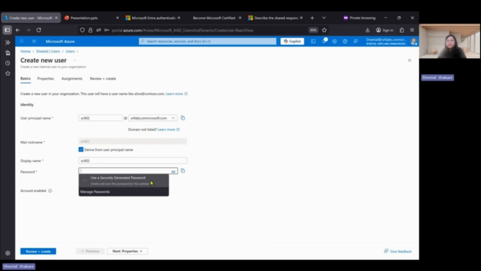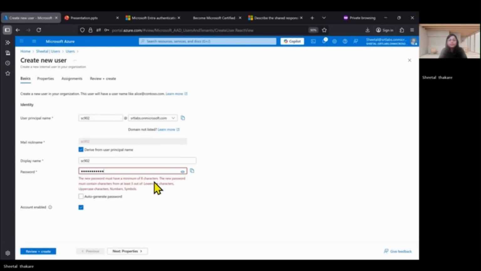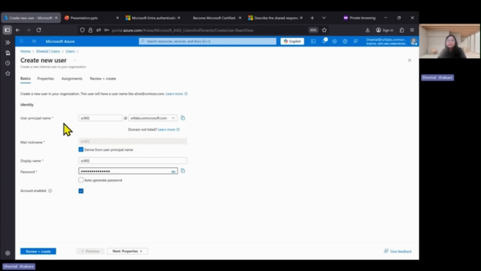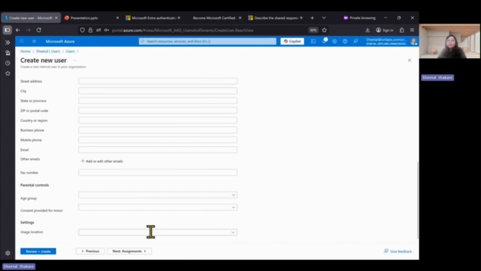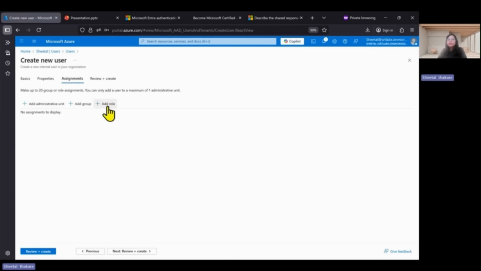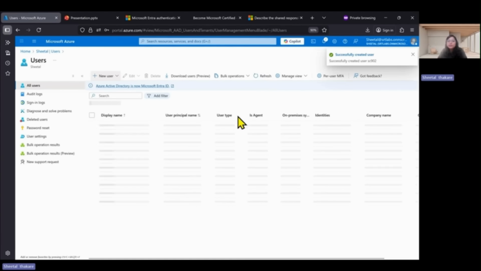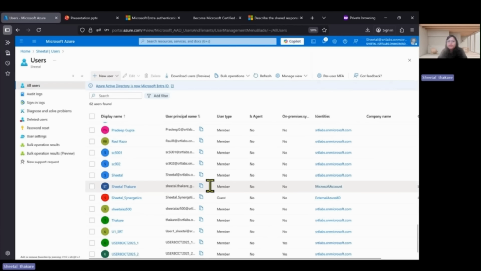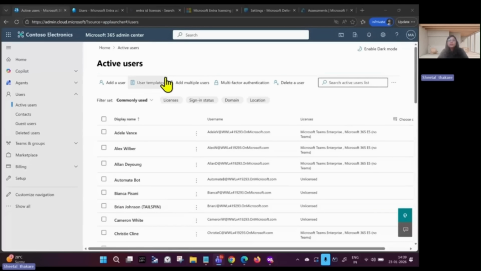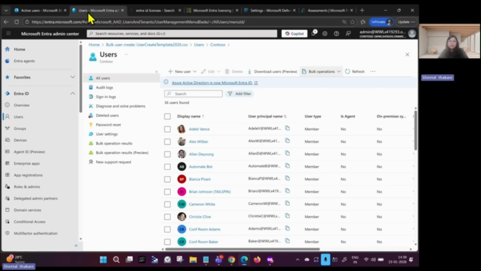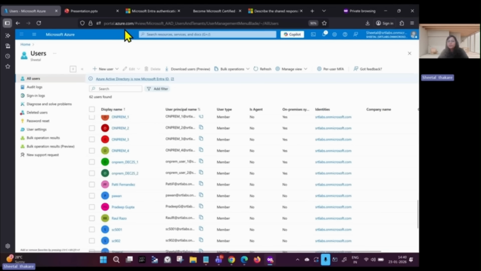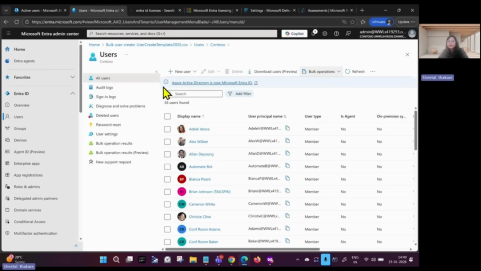Auto-generated password, I remove. I give my own password. And then account is enabled. Properties, these are not mandatory, so you can skip. Assignment for the group, role, review and create. Once you get the notification, refresh and check whether the SC-902 user is added. We find the SC-902 user is there. Now, after creating the identity using the M365 Admin Center, that is admin.microsoft.com, using the Entra Admin Center, entra.microsoft.com, as well as portal.azure.com, next, we will check whether in Entra ID we can create